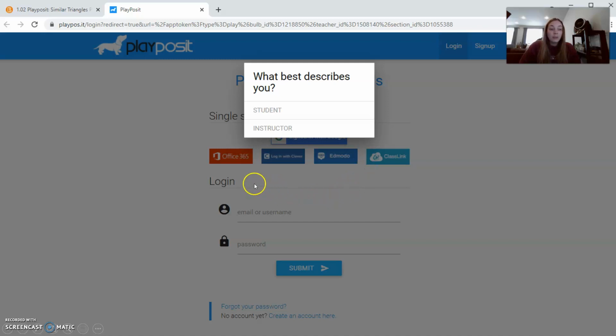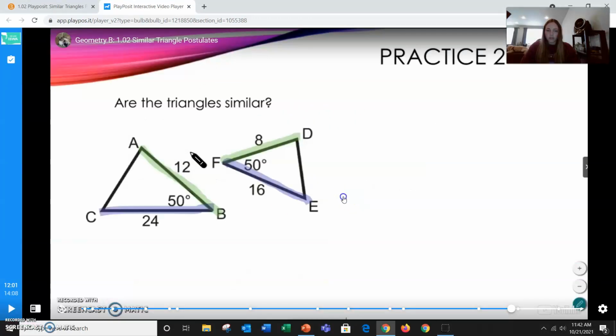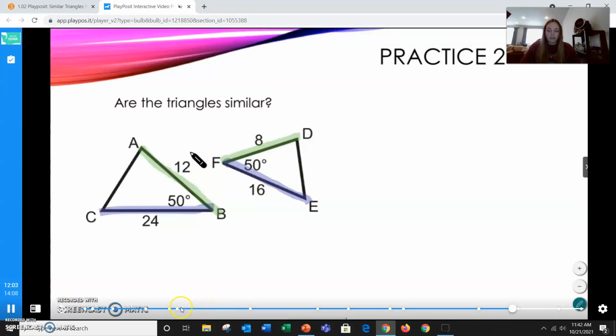And then it'll take you back to potentially view this screen where you're going to want to choose that you are a student. And then it will have the actual video for you to watch from there. So the video will play and you will have the ability to track your progress at the bottom. The little white dots represent points where it will ask you a question,